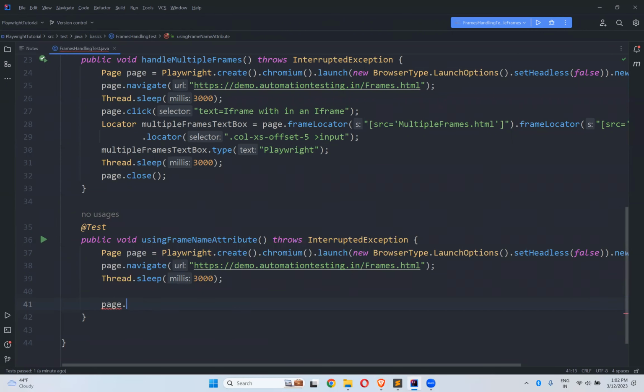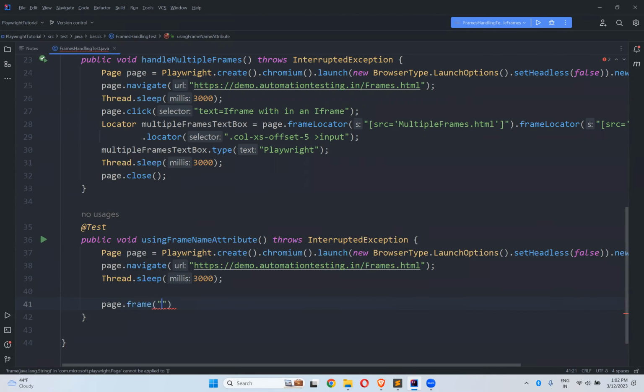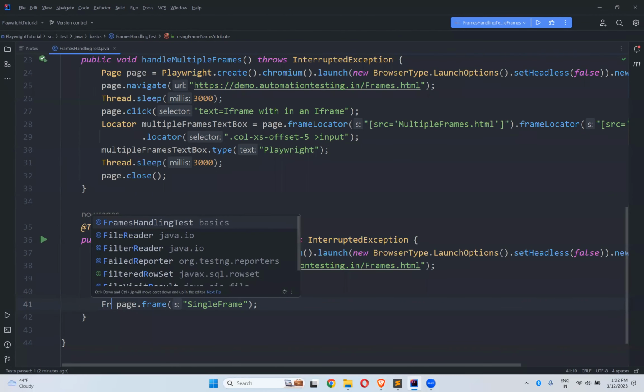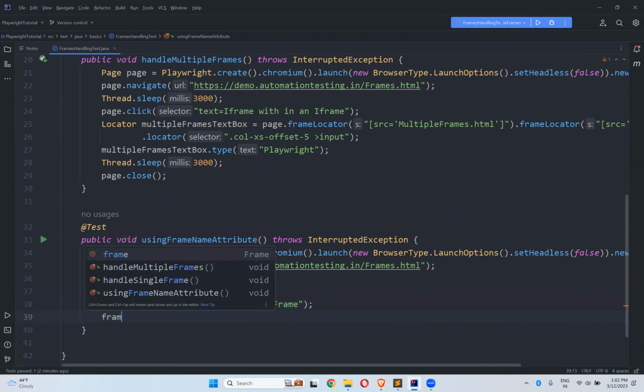So page dot frame, not frame locator, direct frame, and the return type of this is frame. Okay, so frame, you just mention the name. Okay, and what it will give back, frame. This is the frame from the frame is equals to,